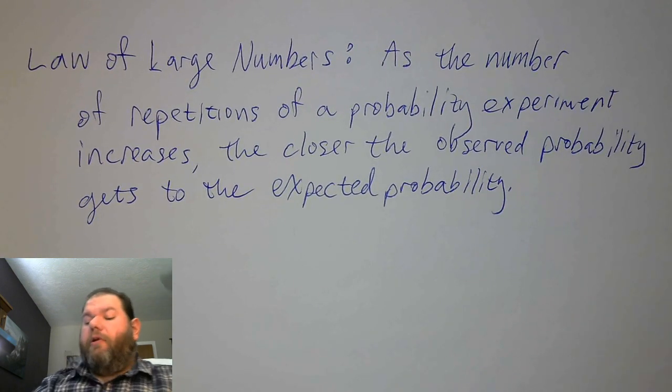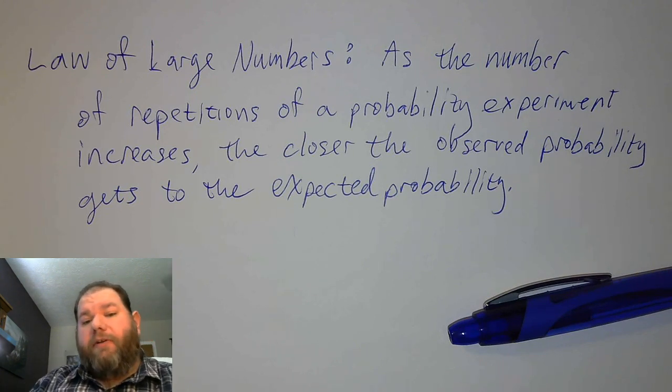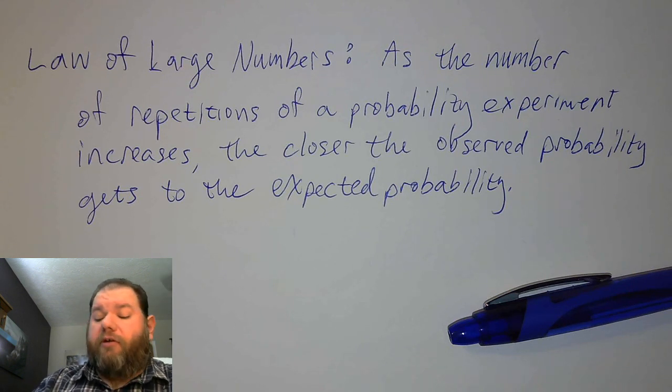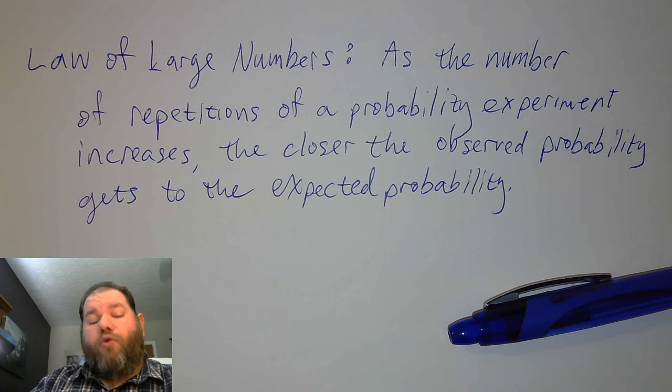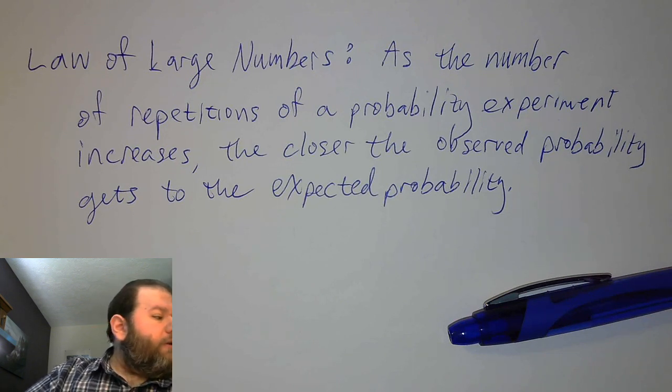Okay. So we have the concept of observed probability and then expected probability. Based on what has happened previously, or if it's classical probability, we know what to expect. But then what we observe through actual experimentation, the more times we repeat that, the closer it should get to the actual expected probability. Okay? All right.